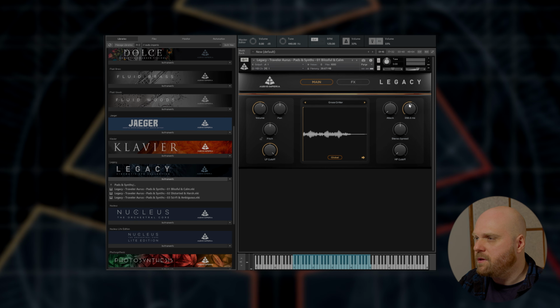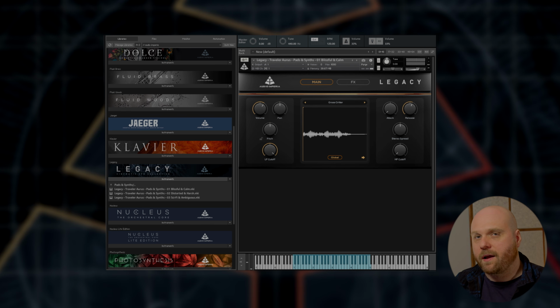But I can also use these almost more like playable patches as well. So for example, you can see just by using some of these controls here, I can expand the release a little bit, make it a bit bigger, and that's going to really allow me to use these more as playable.